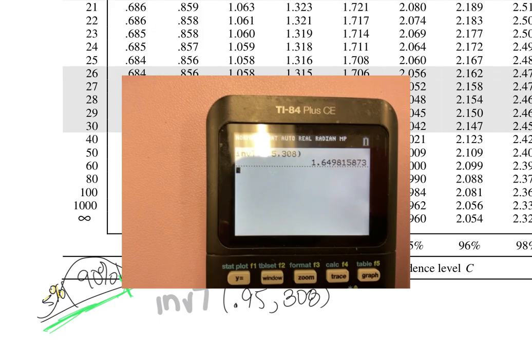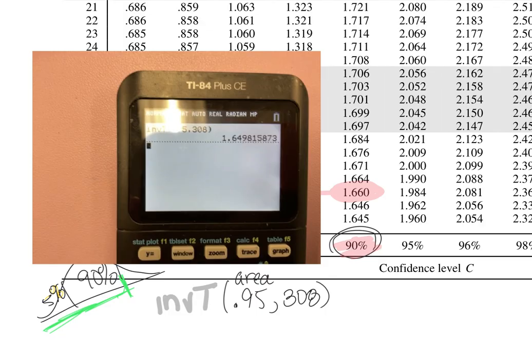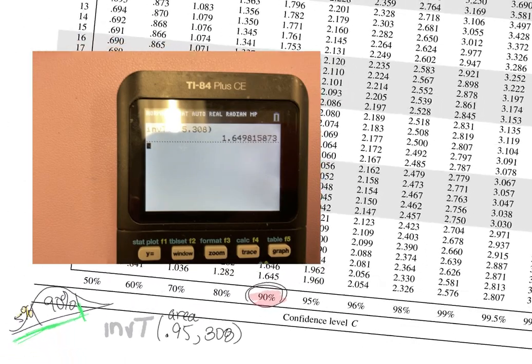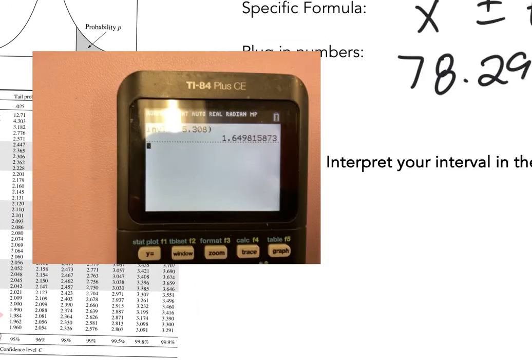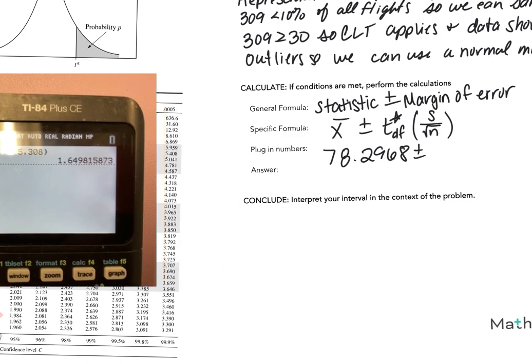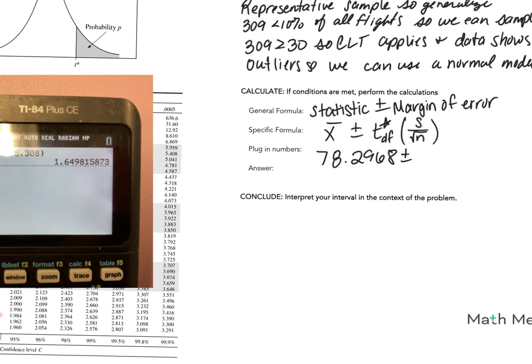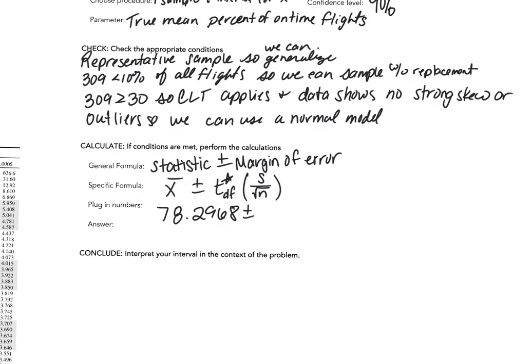Okay. So we can see that it's slightly different. 1.660 and 1.64, 1.65 is right between those two values. So we'll use the 1.660 because that's normally what you're going to have. I expect you to use the table. They expect you to use the table on the AP exam as well. So it's okay that it's not the exact value. So we have 1.660